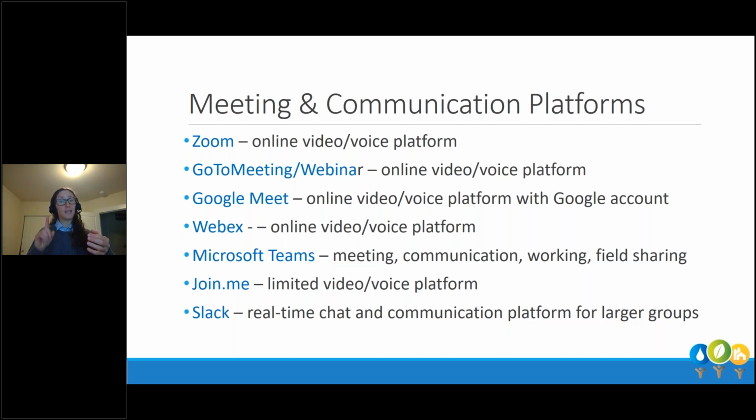But just know, anyone, public, internal, external, board, they have to have a Google account. So it is not what you want to use if you're trying to be inclusive and have folks from the external world come into your internal meeting. So I would recommend that, like Microsoft Teams, it is more of an internal meeting device.